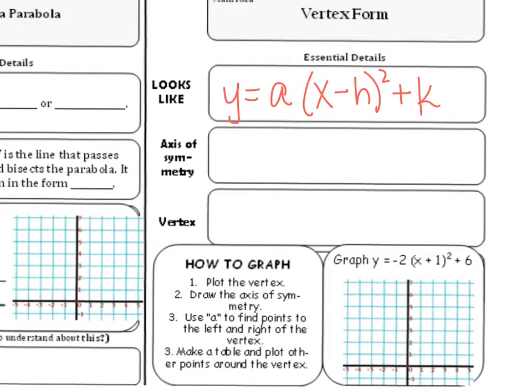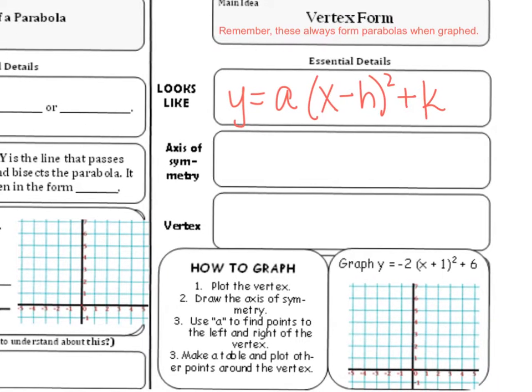So the thing that you have got to remember here, I'm going to put a note here. Remember, these always form parabolas when graphed. A common mistake is when students graph these, they don't make them in the shape of a parabola. They kind of draw straight lines in between the points and make it look more like a V. And V is for absolute value. These are parabolas. Our axis of symmetry is going to be x equals,